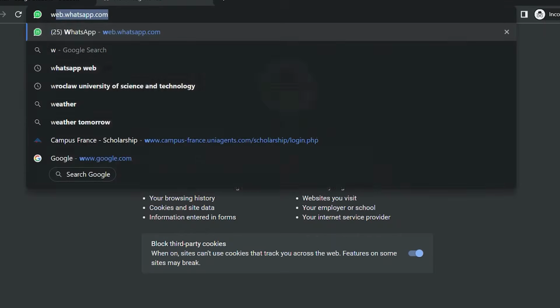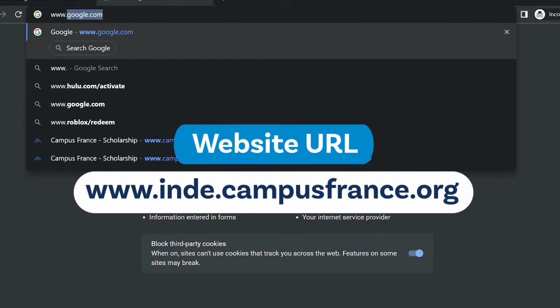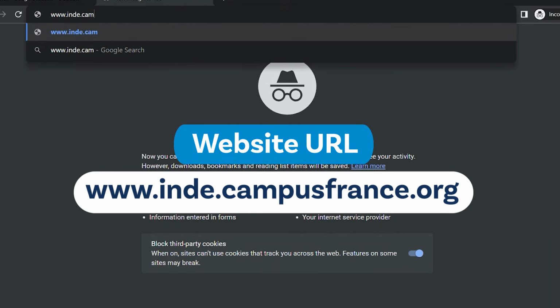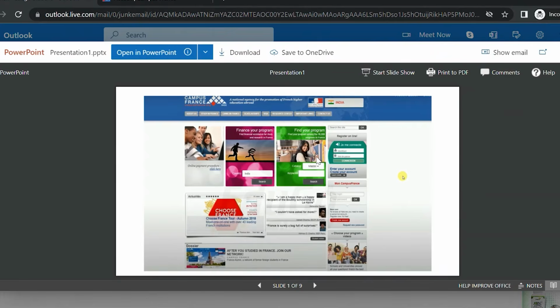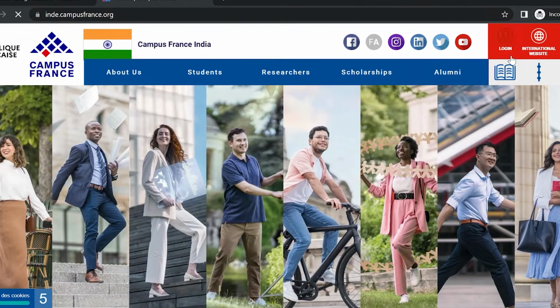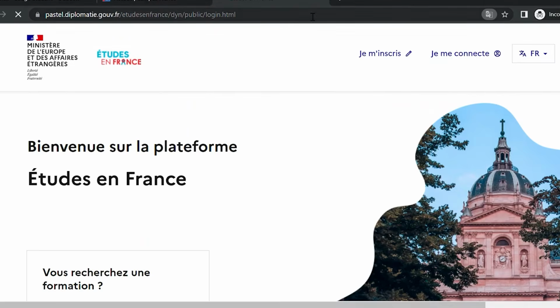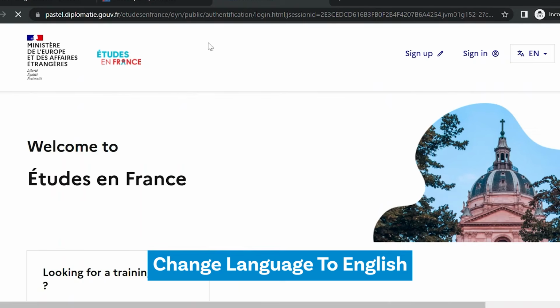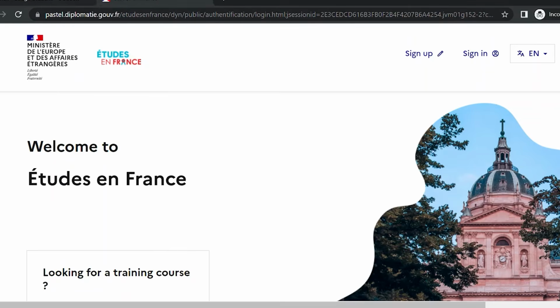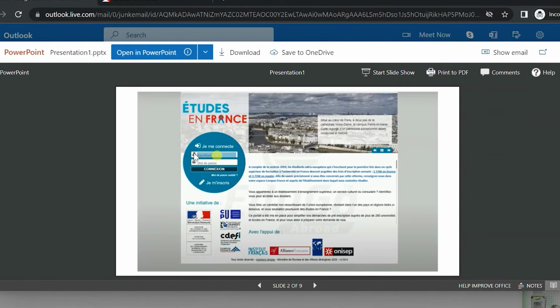Starting from the website, the website goes like this, which is www.and.campusfrance.org, and this is the welcoming page. This is what it looks like. Earlier it used to look like this. Now, clicking on the login button, you will be directed to this page, which is the Edugo Abroad, where we change the language over here from French to English. And this is what it used to look like before,